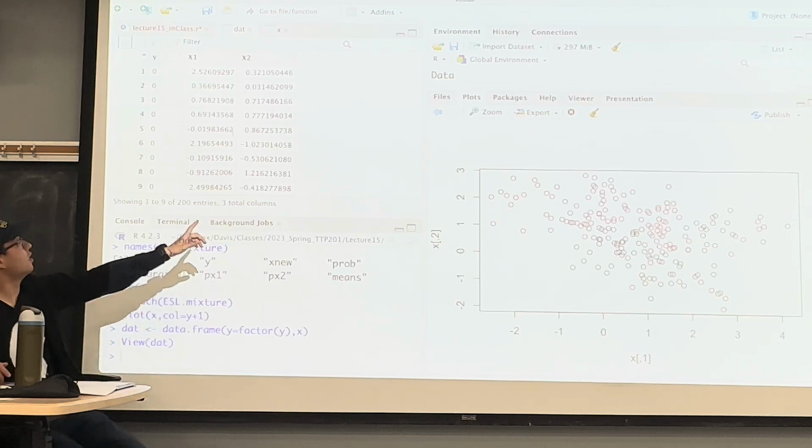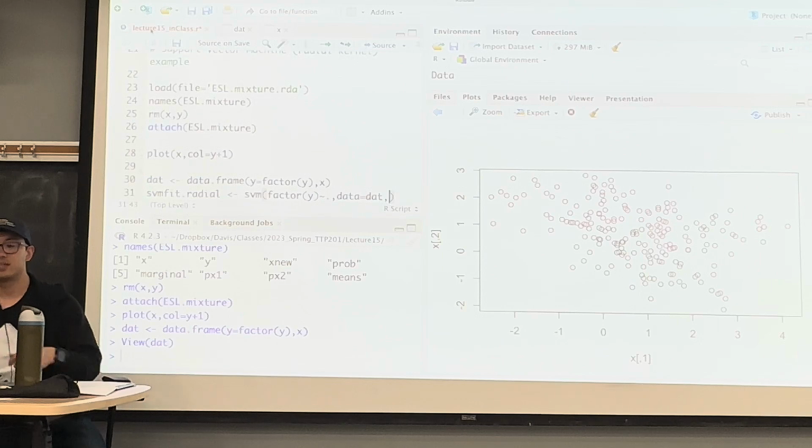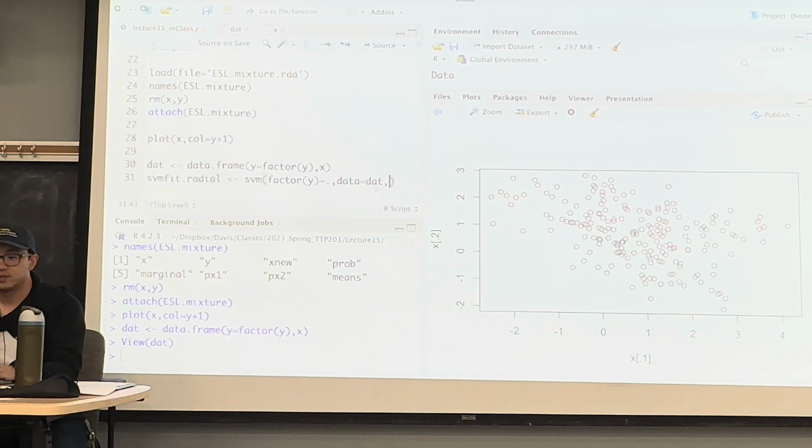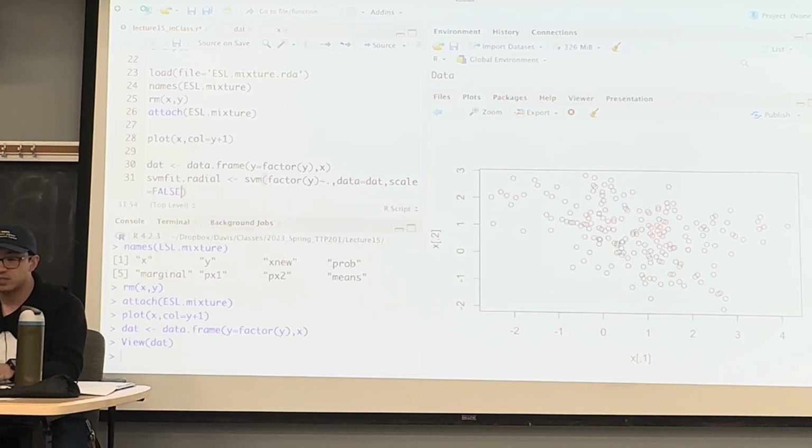It's just our x1 and x2. Scale equals false, kernel equals radial, cost